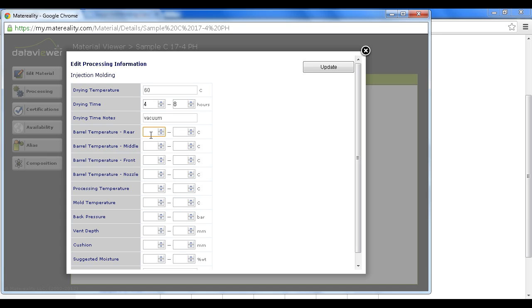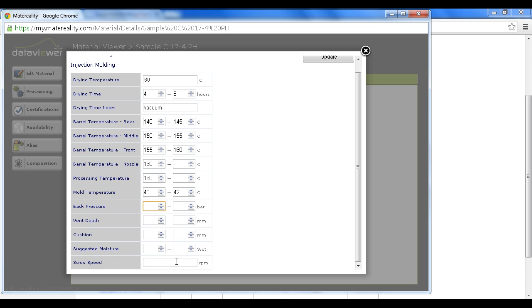And this material processes at 160 degrees centigrade. So I will arrange my barrel profile for that temperature, ending with the final processing temperature of 160. So let's go with that, and 140 to 145. And mold temperature of 40 centigrade. I can put in the additional information if I wish at this point in time, and